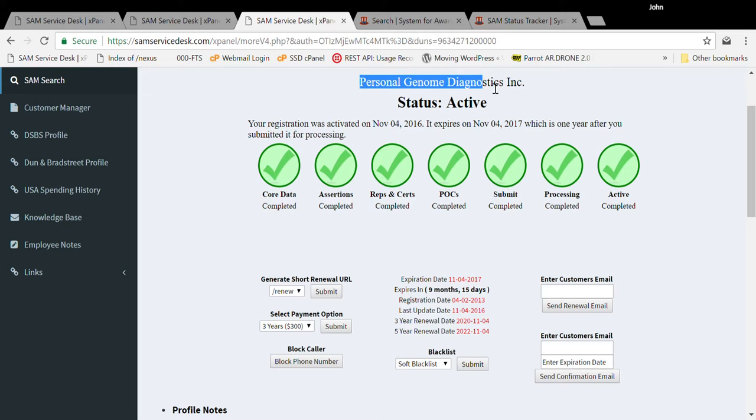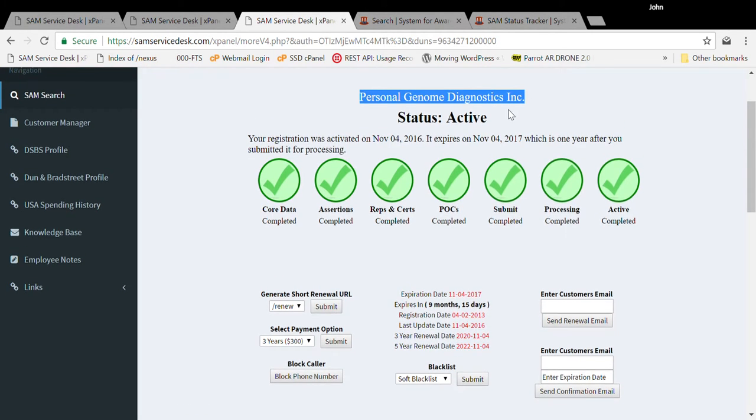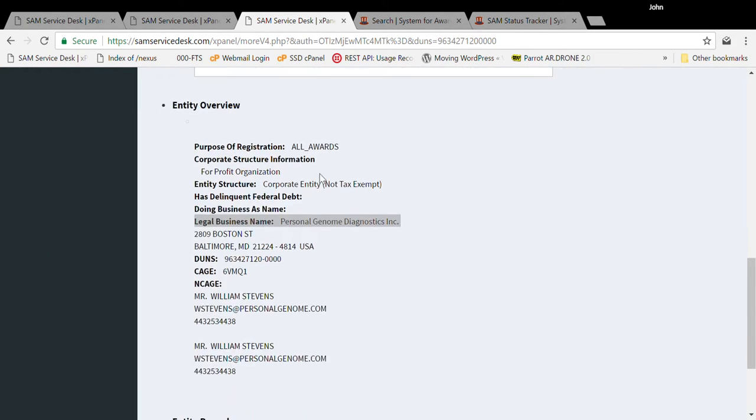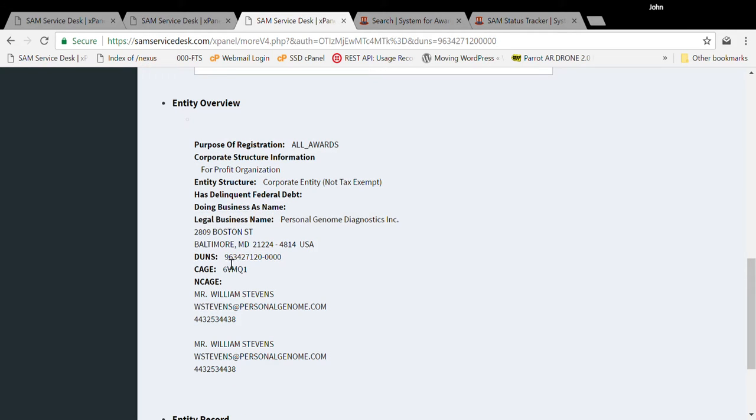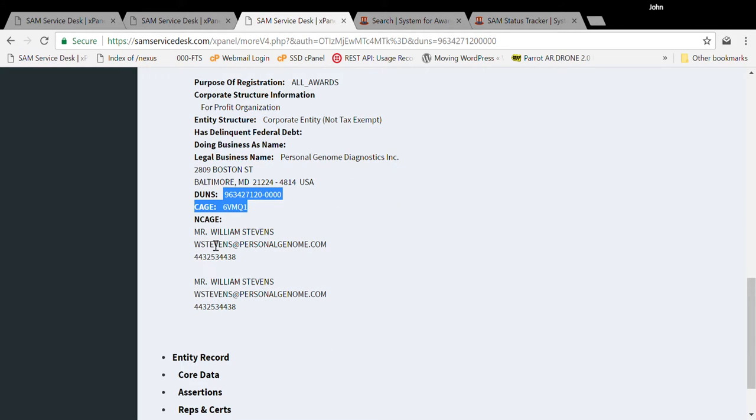Is this Personal Genomes Diagnostic Inc.? The person says yes. Then we have their DUNS number and their cage code, and then their point of contact information. The point of contact information is important because when we go to send the renewal email to actually get them to go through the sales checkout process, we usually confirm if this email is correct. So if the person says that they want to go ahead with it, I say, okay, I'm looking here at a point of contact for William Stevens. Is that you? They either say yes or no, and even if they say no, if the email seems generic,